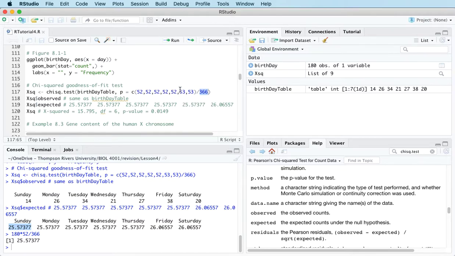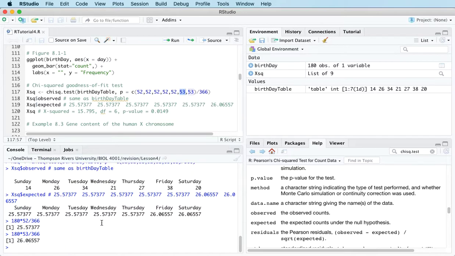For Friday, remember we had an extra day because of the leap year, so if I do that calculation times 53, I should get this number. So that's where these expected frequencies are coming from. And then the test statistic takes the difference between the observed and the expected. So for example, the difference between 14 and